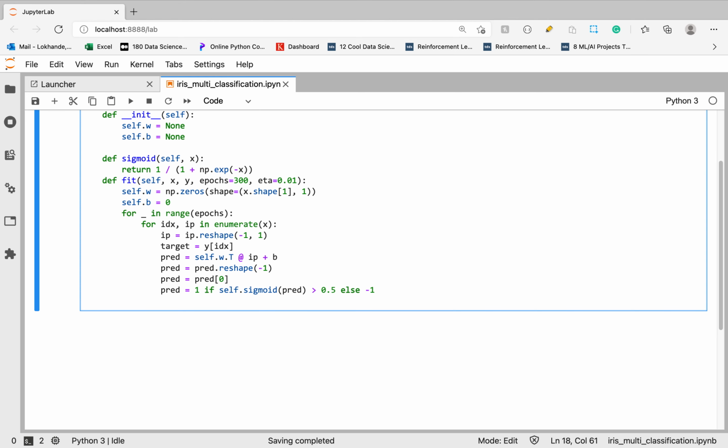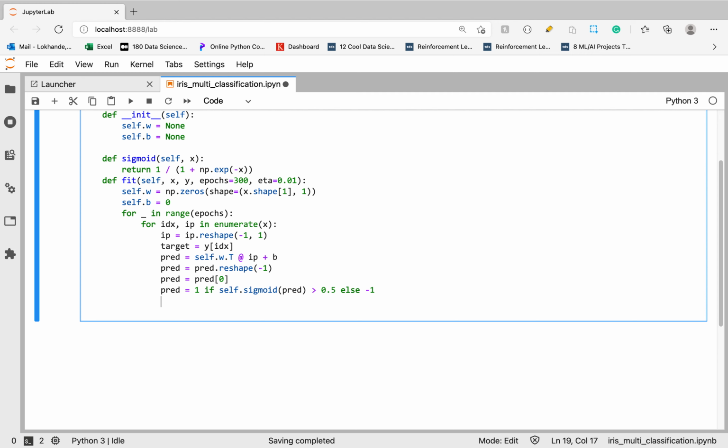Here I am basically labeling the positive class as 1 and the negative class as -1. Class A is 1 and class B is -1. Okay, so this is our prediction. Now let's calculate the gradient. Gradient is nothing but the error, you can say the derivative of error, pred minus target.